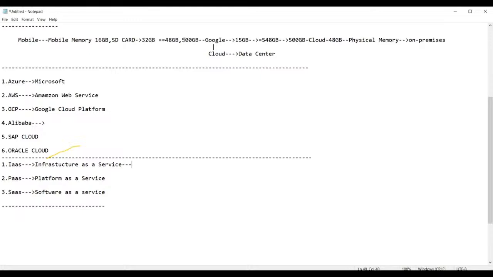Suppose, as we discussed just now, you require 500 GB of data to be stored. That means you require what? Space on the cloud to store the 500 GB of data. Am I right? Suppose you require all the storage, how much storage do you require, 500 GB or 1000 petabyte? All of this is the responsibility of the cloud provider, and it provides this service in the form of what? Infrastructure as a service.